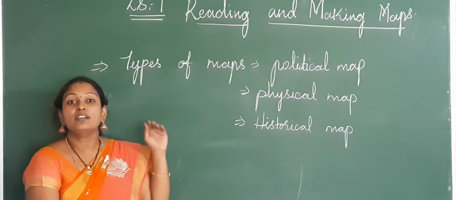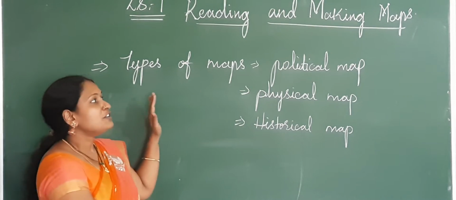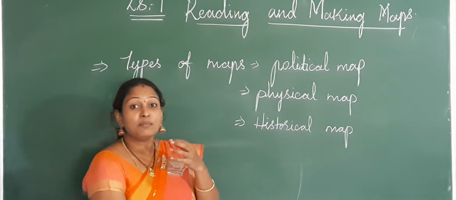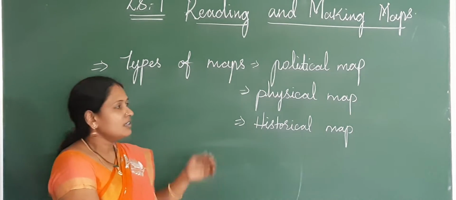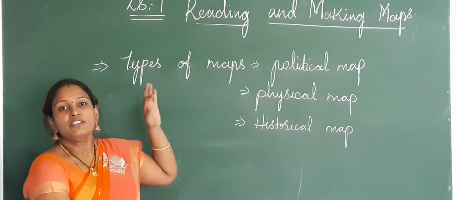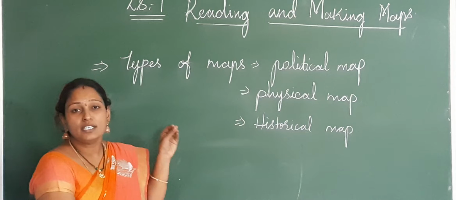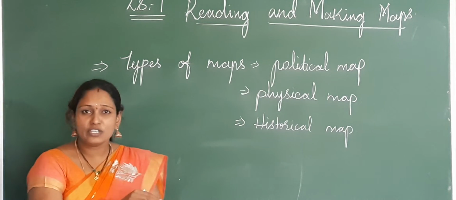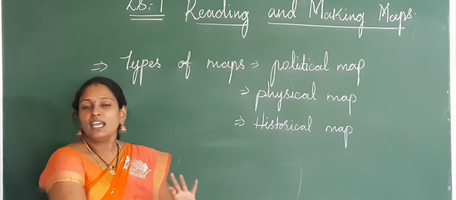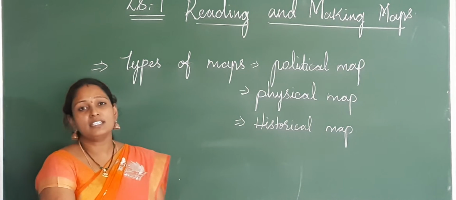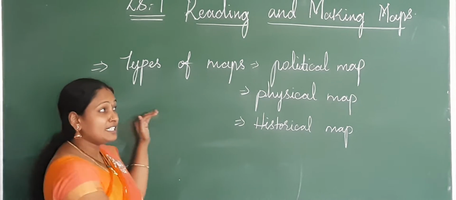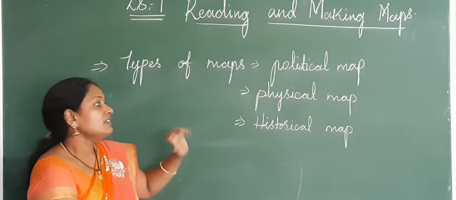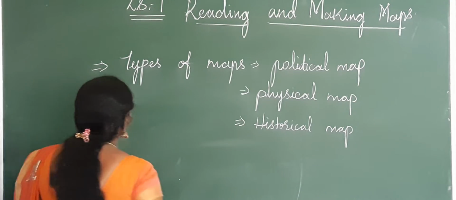Before learning about making a map and reading a map, first you are going to learn what a map is and where we have derived that word from. Right. So map is a word derived from a Latin word, mappa, which means a napkin that we can fold easily and carry anywhere. This is all you have learned in the previous classes, but now you are going to learn in detail.